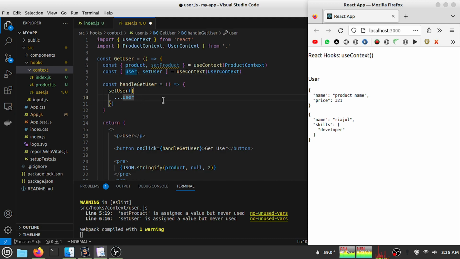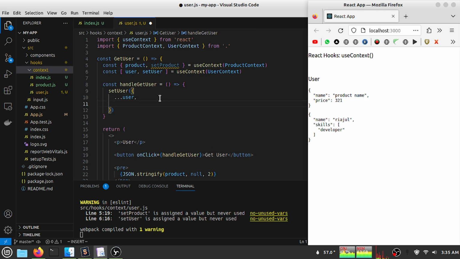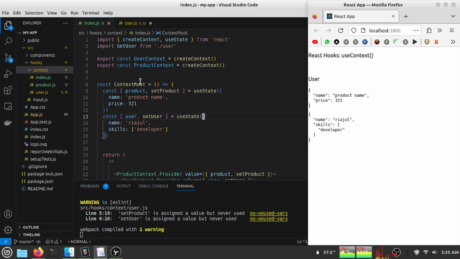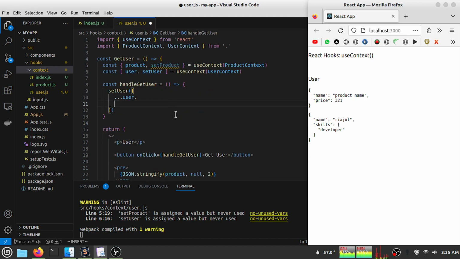So I copy the old user state value and add another property. Like I have name and skill, so add username, which is Linux CLI. So if I save my file,